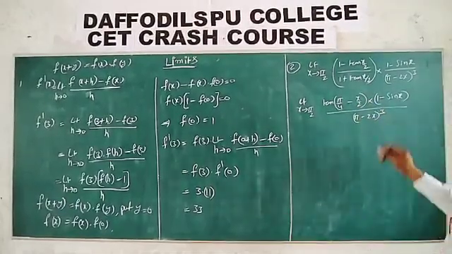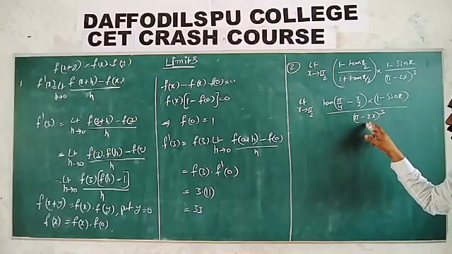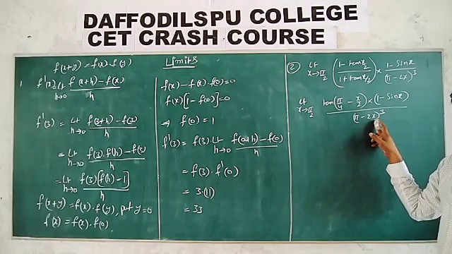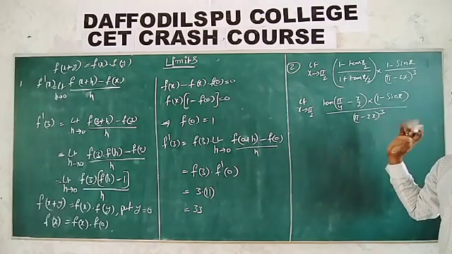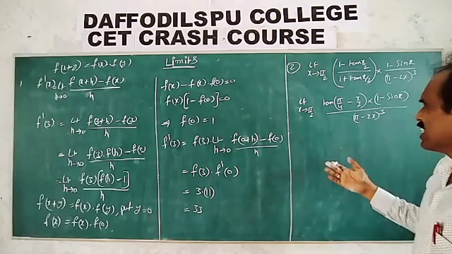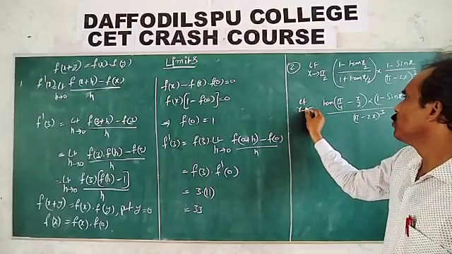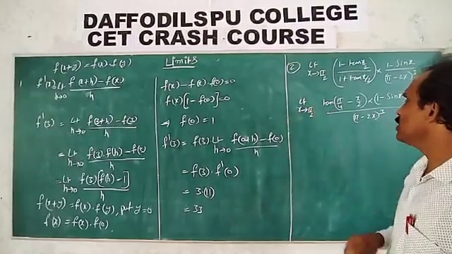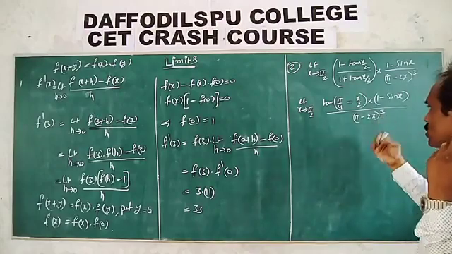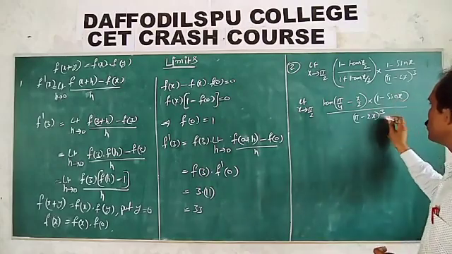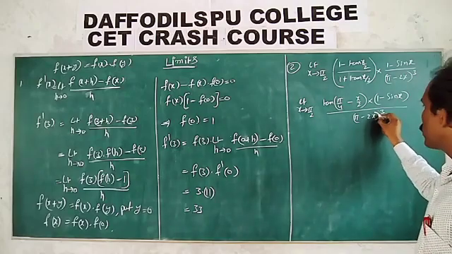Direct substitution: what happened? Sin of pi by 2 is 1, 1 minus 1 is 0, and here 2 into pi by 2 gives pi, pi minus pi is 0. So 0 by 0, an undetermined form. So we can convert this to a form where the limit exists. This relates to the continuity concept of removable discontinuity. Now this one, limits.